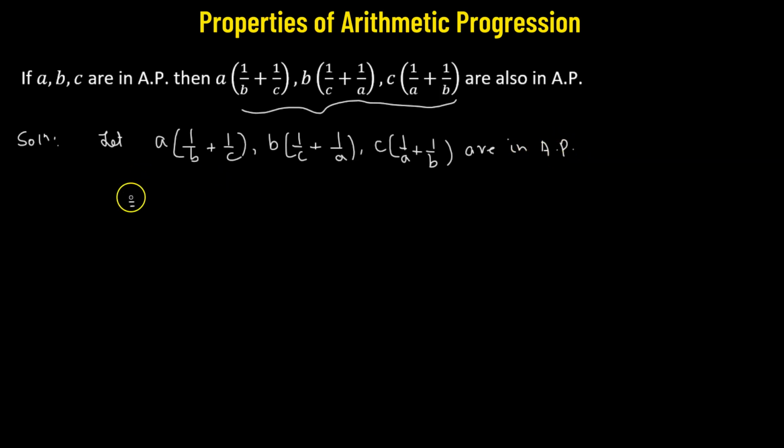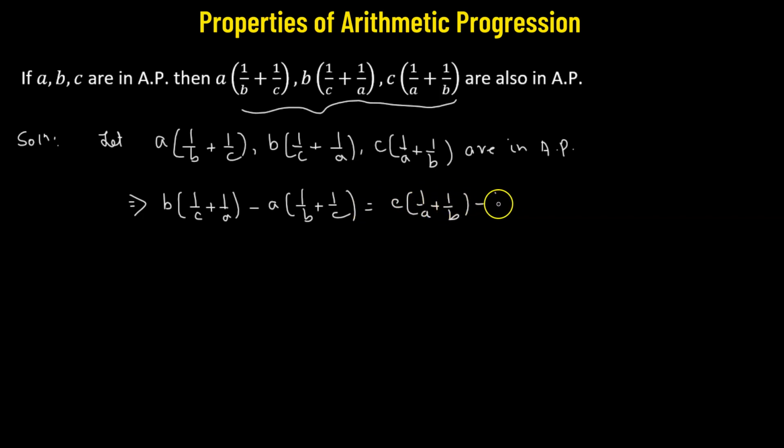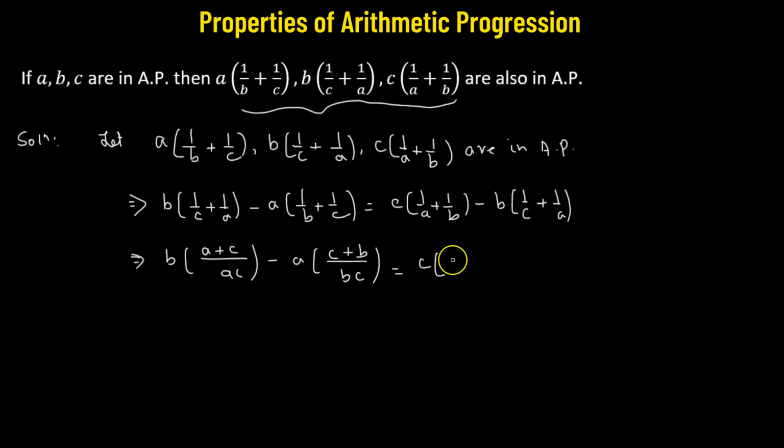Now, using the fact that the second term, which is b times 1 over c plus 1 over a, minus the first term a times 1 over b plus 1 over c, must be equal to c times 1 over a plus 1 over b minus the second term, which is b times 1 over c plus 1 over a. This will be b times, so here we have a plus c divided by ac, minus a times c plus b divided by bc equals c times b plus a divided by ab minus b times a plus c divided by ac,